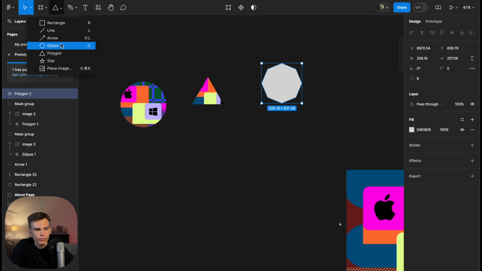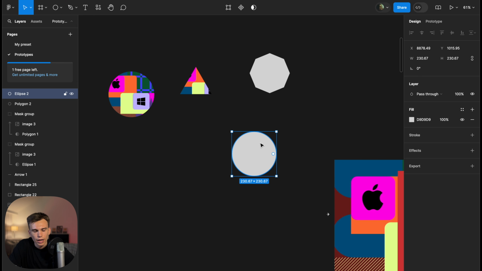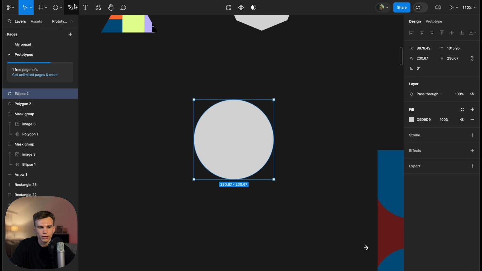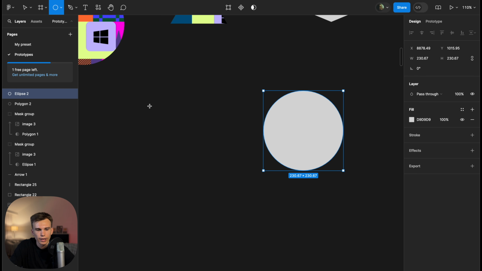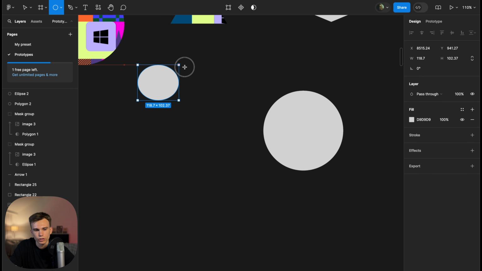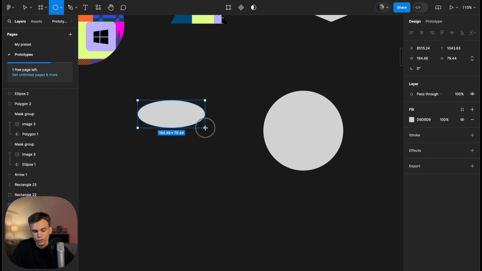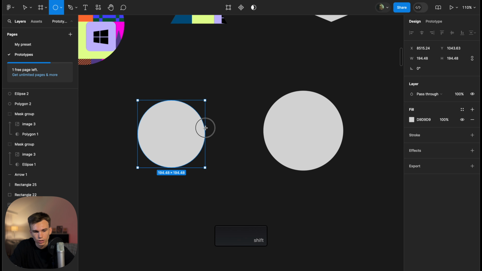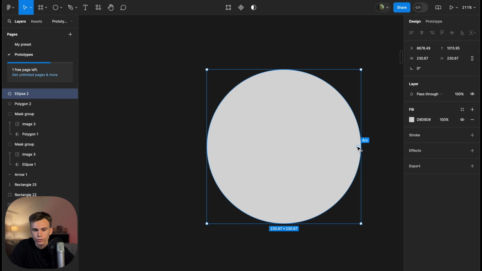And with the circle or ellipse, how to create it, if you just press ellipse and start creating it, it will just create an ellipse. For creating a circle, you have to press Shift like this, and it will create a circle. And the fun thing about circle,